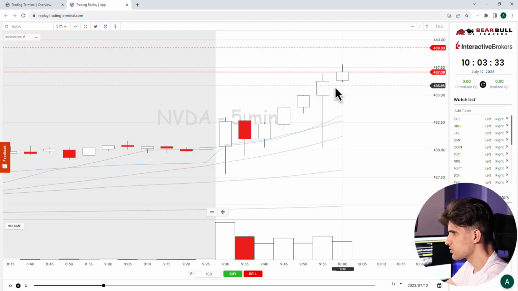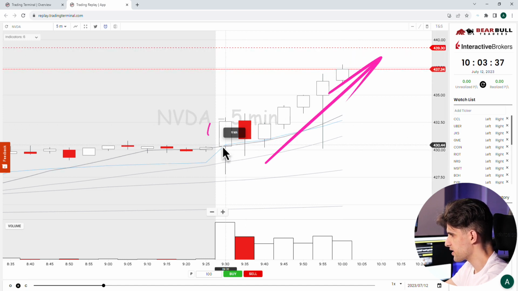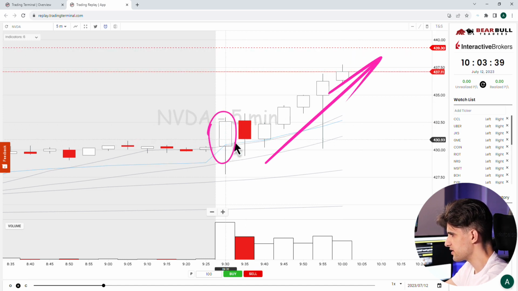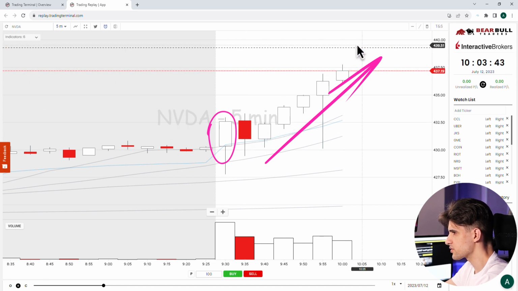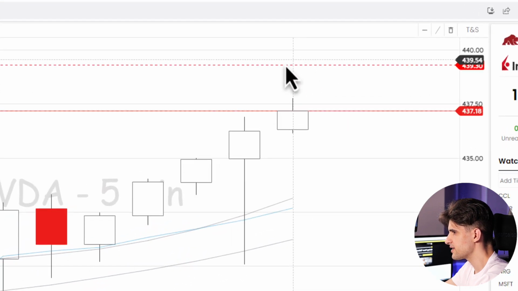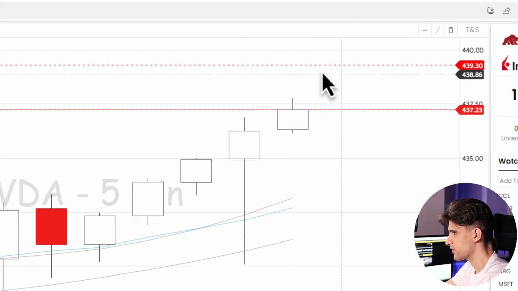On the 5-minute chart, you could see that we're approaching this level without any pullback, right? The breakout happened approximately at 430, we had a small consolidation, and now we're getting closer and closer to the level. What I need to do now is switch to the 1-minute chart and see what exactly is happening around